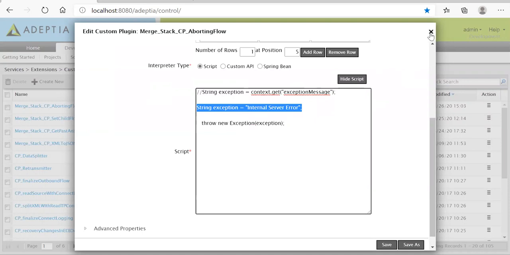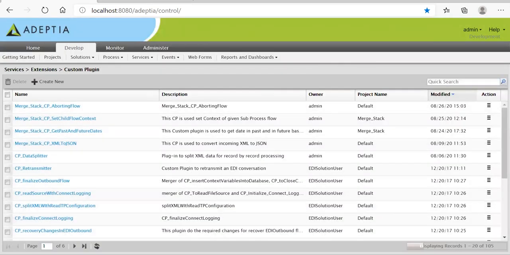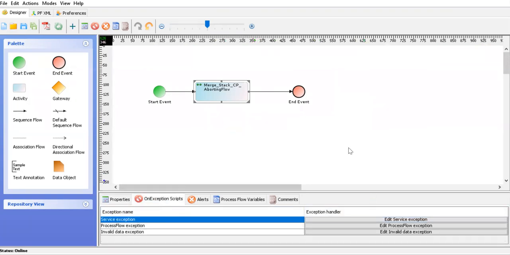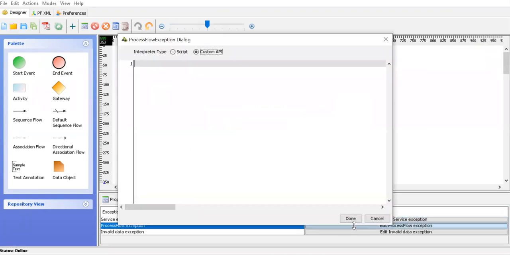Okay. So once you abort the flow, as I said, whether it's activity level or any scenario, it directly goes here. Okay. So here, there is no way you can implement any exception handler. So here they give a placeholder. You need to write your own code, okay, to handle that exception. Either you want to log it or you want to notify someone, okay.